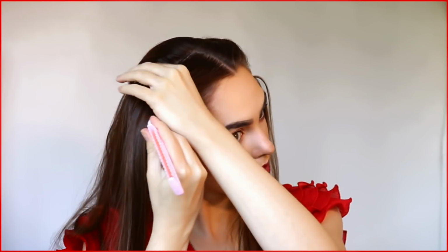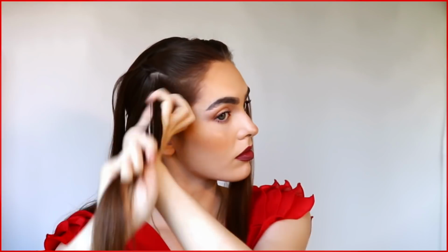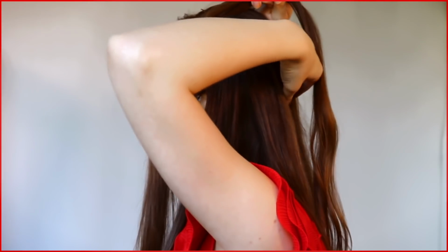And pick up a section from about where your eyebrow is upwards, create a small twist, and pin right at the top of the free-flowing hair. Also, take a side section from above your ear, and I'm going to pin this for later. Pick up the remaining piece from the pin back section. I'm taking out the bobby pins at the back there, and I'm going to use some of that hair to